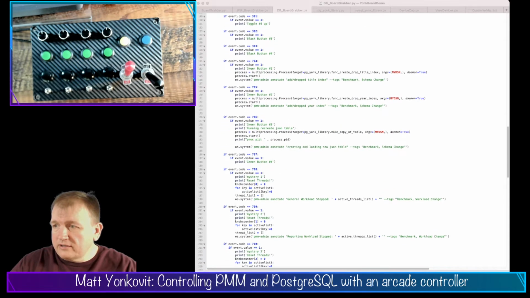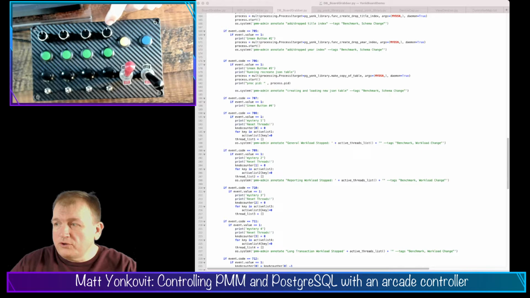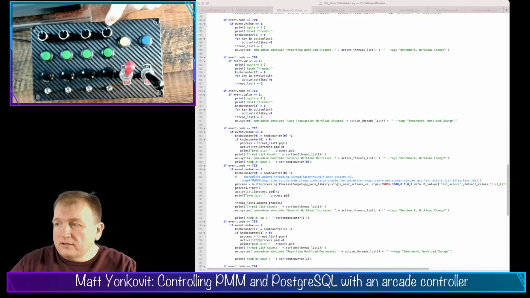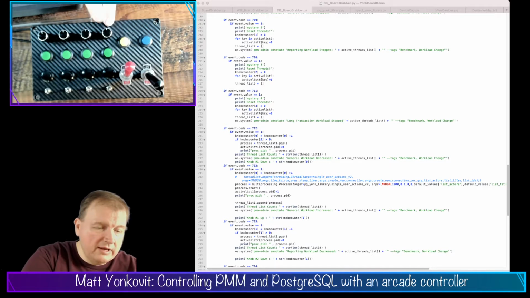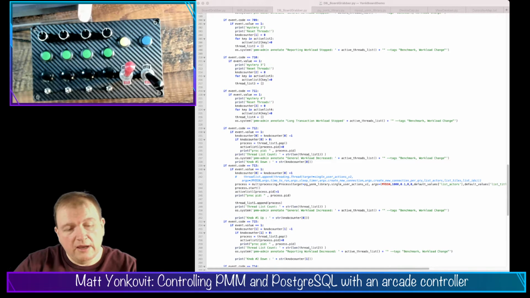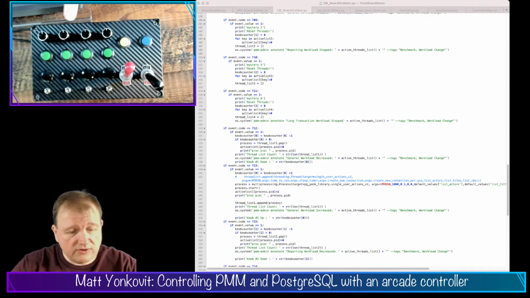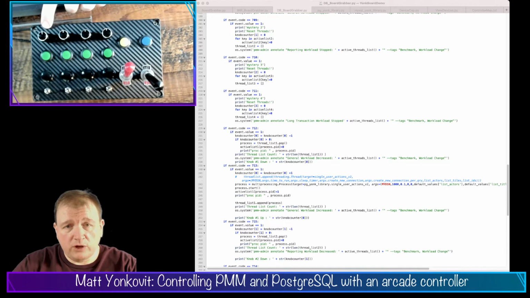Then here we've got the bulk of these, which are these switches and toggles here. These are basically knobs, and with these knobs, what we're doing is changing the workload. Each knob here has a different workload associated with it. The first one is general workload, so this is going to be a few inserts, but mainly selects reading data from our database. The second one is reporting workloads, so doing aggregates, doing reports, some worse than others. The third one is a very heavy insert, update, delete workload. And the fifth one is going to be